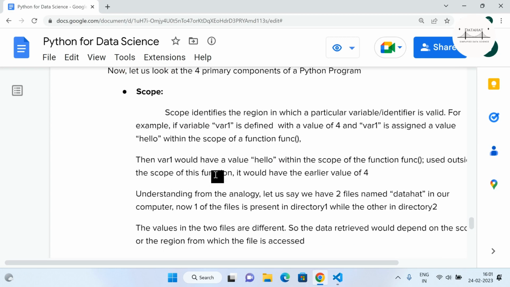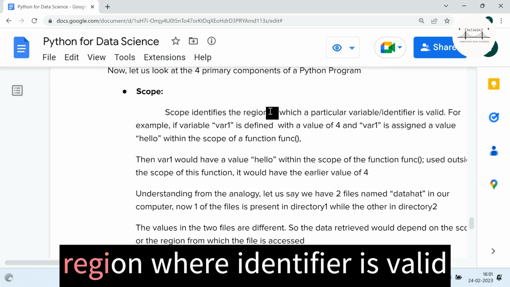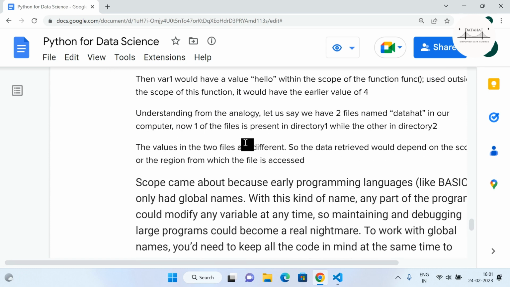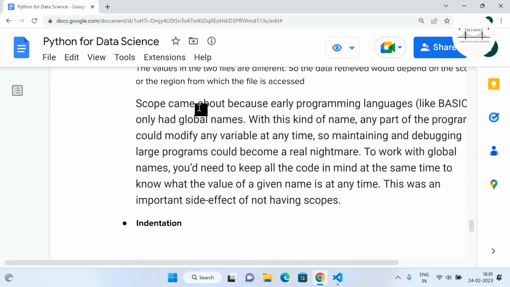If we look at the definition of scope: scope identifies the region in which a particular variable or identifier is valid. Okay, so outside the scope the variable might not be identified, its value might be different. There is also one important thing about scope, right? Scope came about because early programming languages like BASIC only had global names.